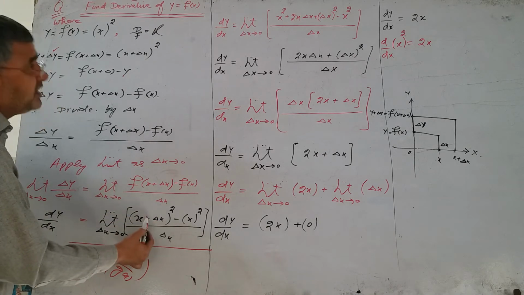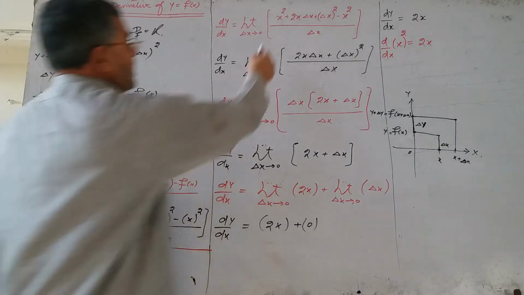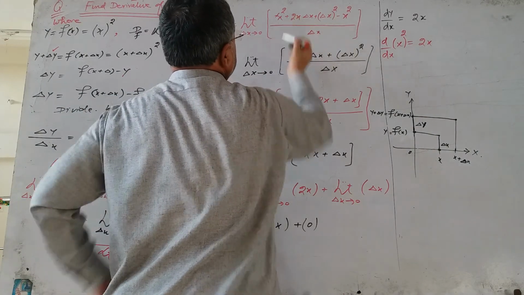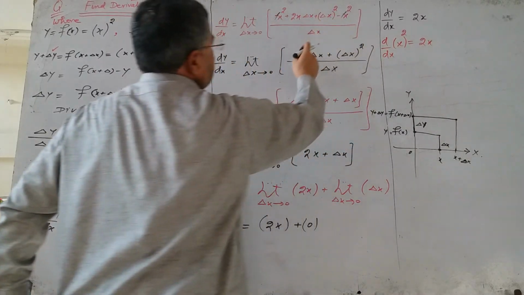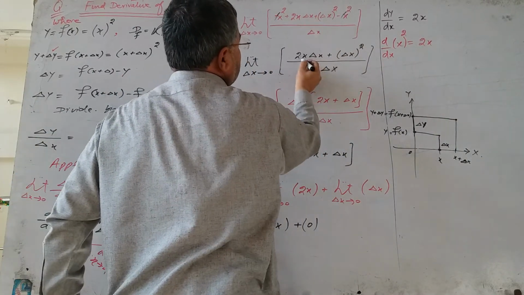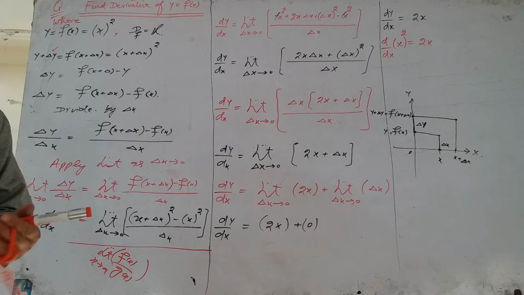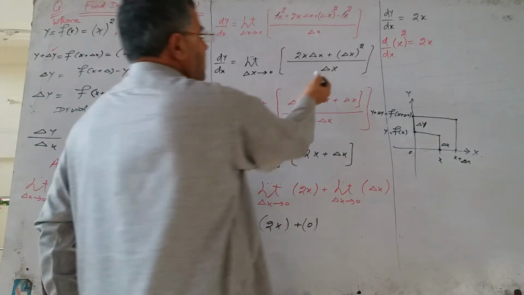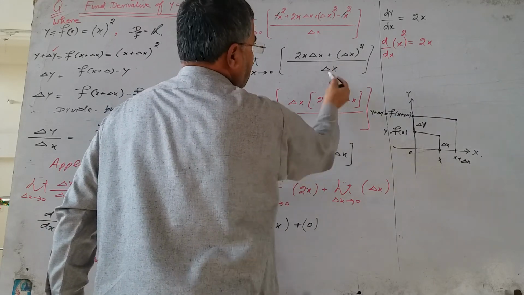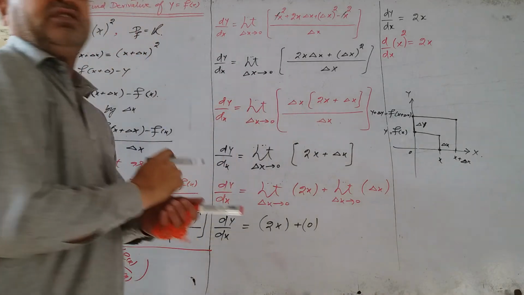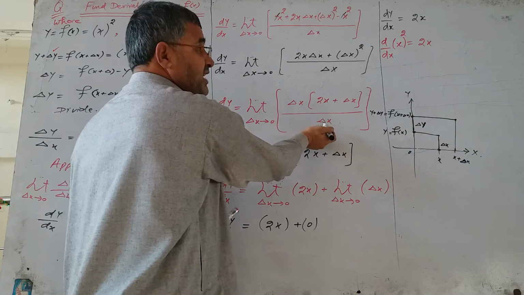Therefore, x plus del x whole square is equal to x square plus 2x del x plus del x whole square, minus x square, divided by del x. Cancel x square with x square. The simplest form of the numerator is 2x del x plus del x whole square, divided by del x. In the denominator there is only one term, so it is already in the simplest form. Now del x is common in these two terms: del x multiplied by 2x plus del x, divided by del x. Now cancel del x in the numerator with del x in the denominator.